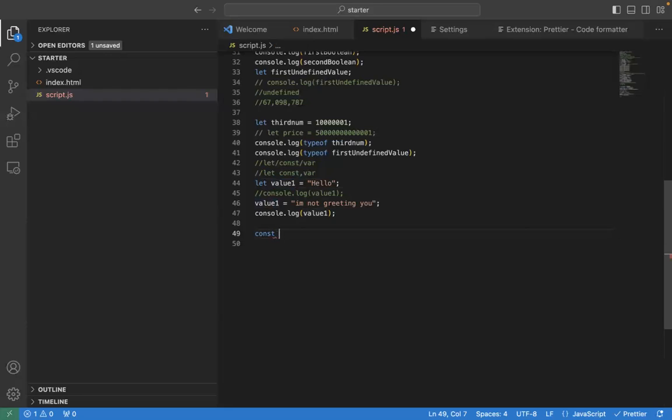Const is another way of declaring variables. How does const work? From the word constant. Constant means what? It does not change. So if I say const unchangeable value, this value doesn't change. Now, if I come down here and say unchangeable value equals I must change you,